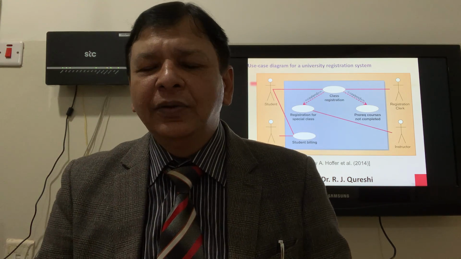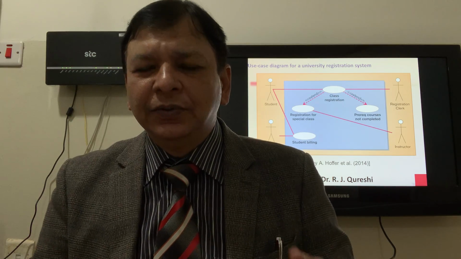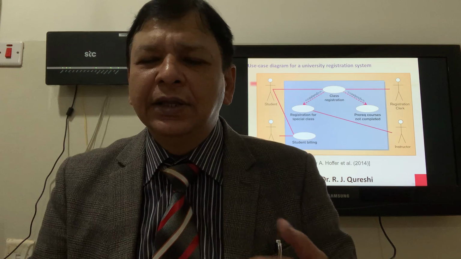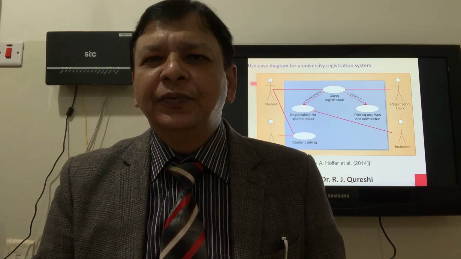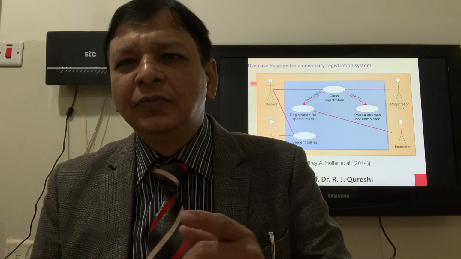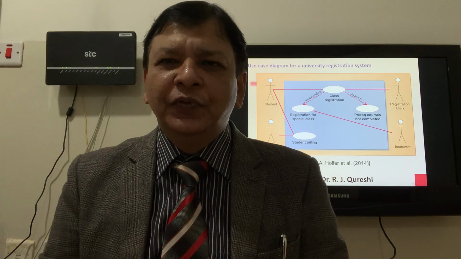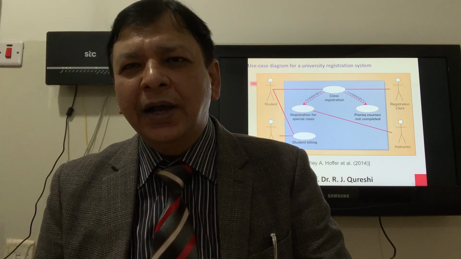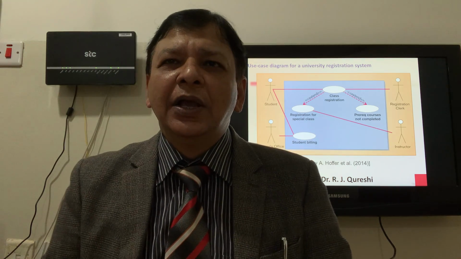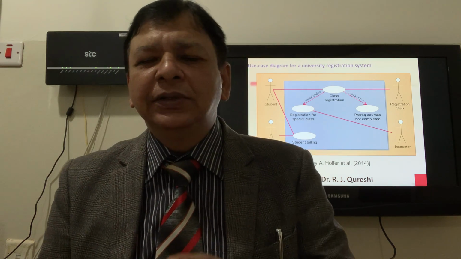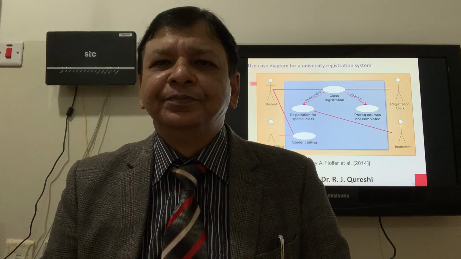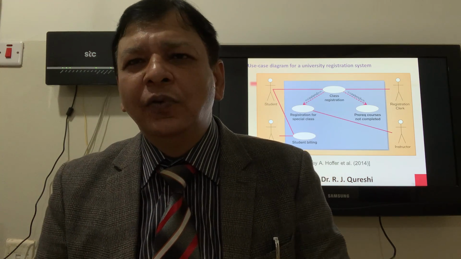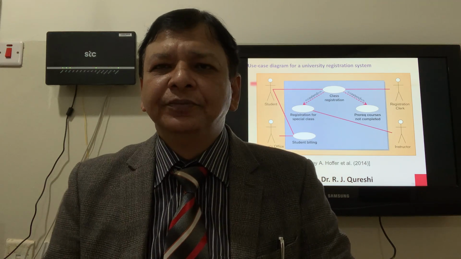It has a prerequisite 250, CPIT 250, System Analysis and Design. And the prerequisite of 251 is 250. So before a student can register in 251, he has to pass the 250 course. So extend if the prerequisite course is not completed. So then you have the billing use case. So there are 4 use cases in this diagram.